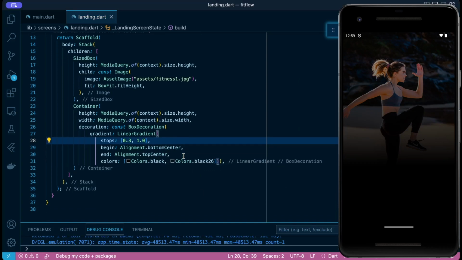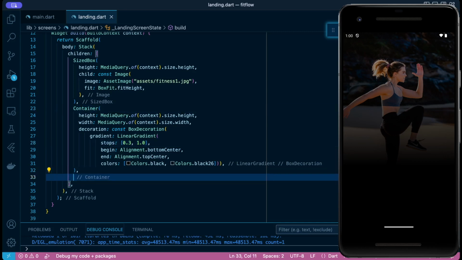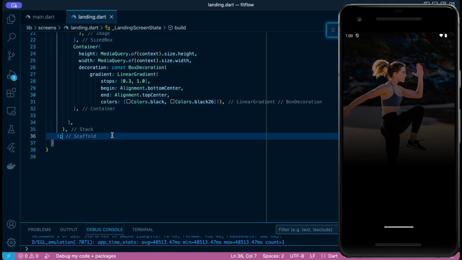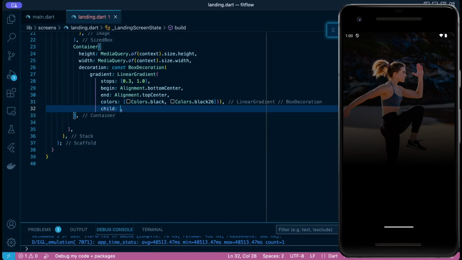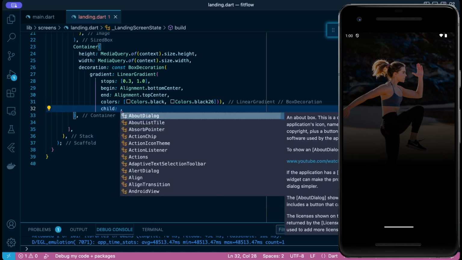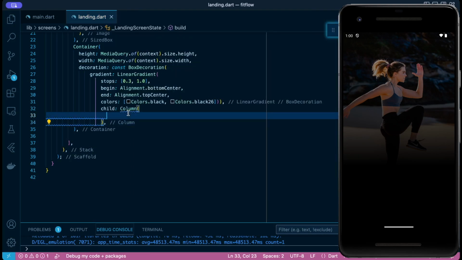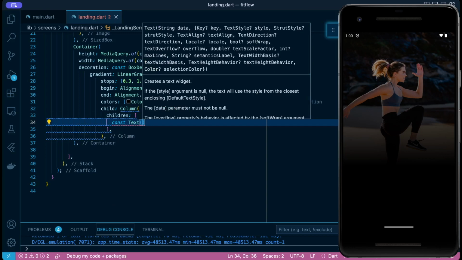Now that we have that, let's focus on the next child. So we are done with that child. For the next child, we're just going to add it inside the container because it has the option to add a child. And we're going to have a column. And inside here, we're going to define a few children, starting with a text widget. So we'll have a text and we'll say create a workout plan,